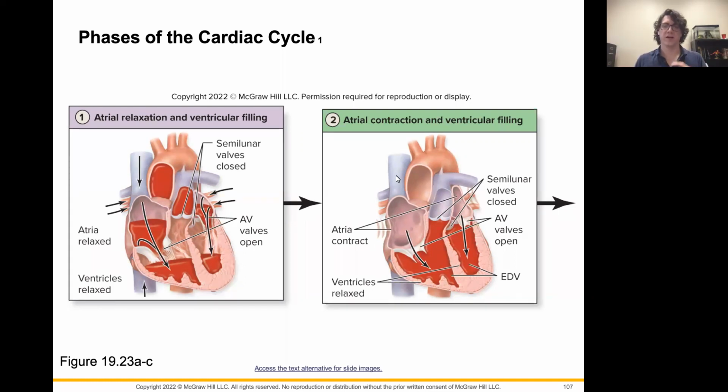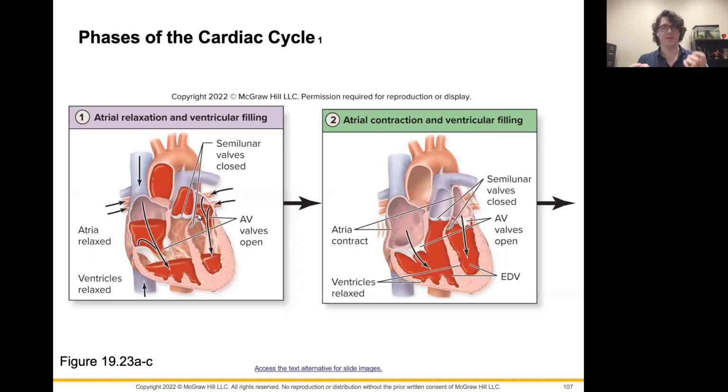Now, importantly here, whenever we are starting this cardiac cycle, everything is relaxed, okay? Atria are relaxed, ventricles are relaxed. With those atria and ventricles relaxed, this also allows us to have open atrioventricular valves. This basically lets blood flow into the atria. Some of that blood is then going to drain out of the atria and into the ventricles, even while the atria are just relaxed. So we have a little bit more pressure in the atria than we do in the